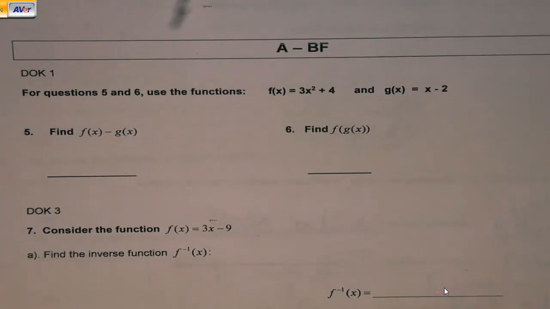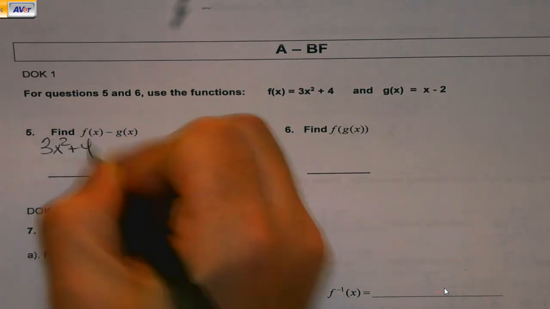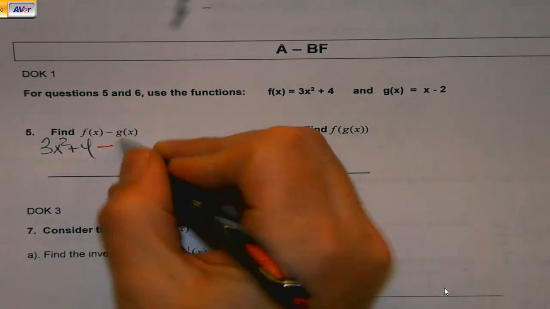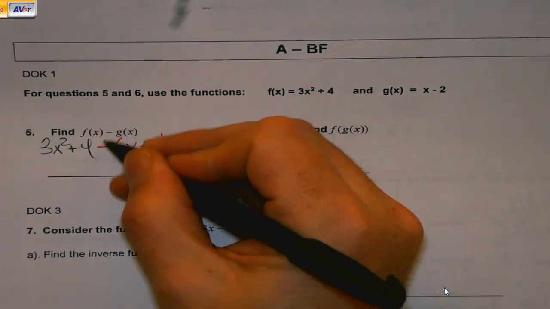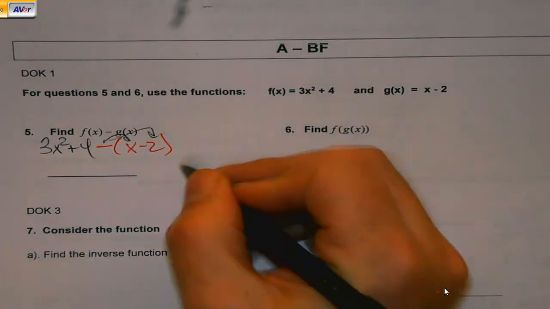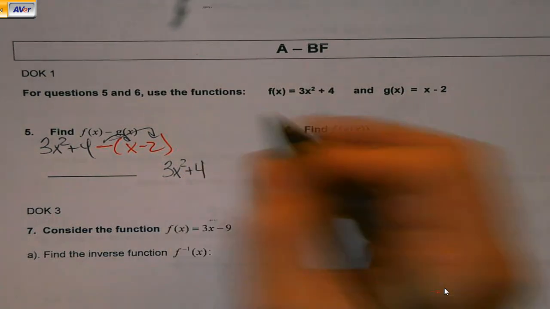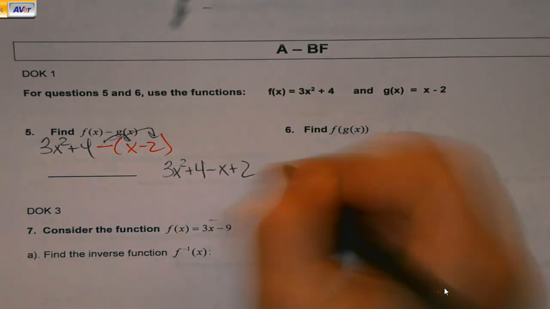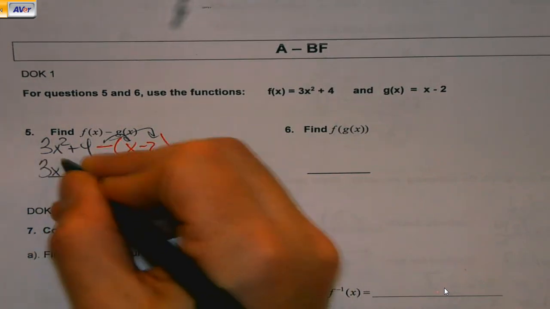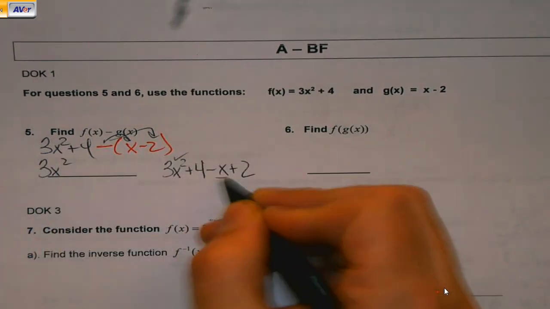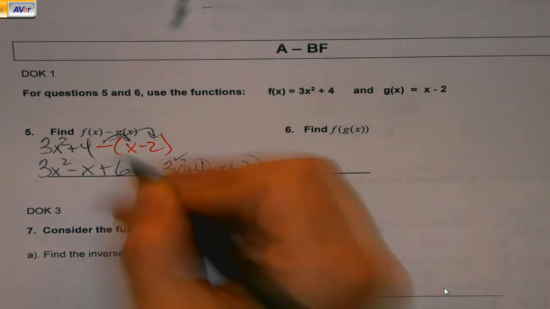Okay, find f of x minus g of x. All right, so f of x minus g of x. Now don't leave it that way. Distribute your negative through, so that doesn't mess with my f of x at all. Make sure that negative gets all the way through. And now I'm just going to combine like terms, which in some cases isn't very much at all,